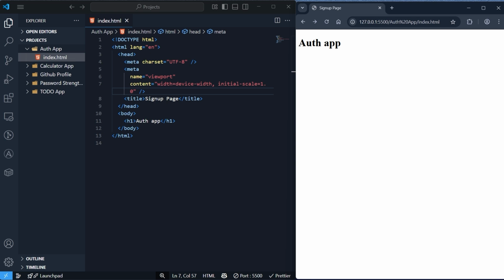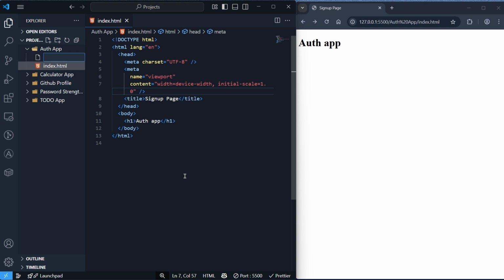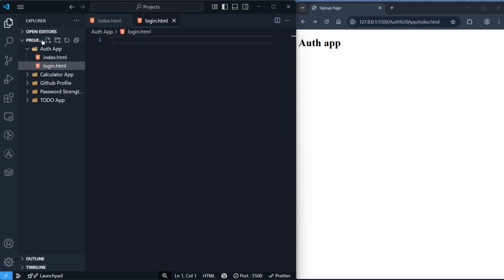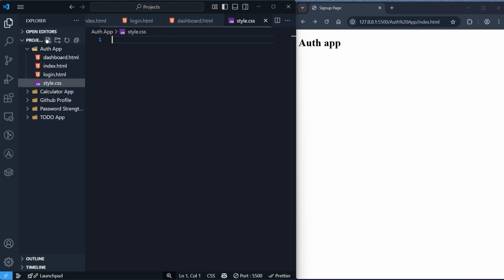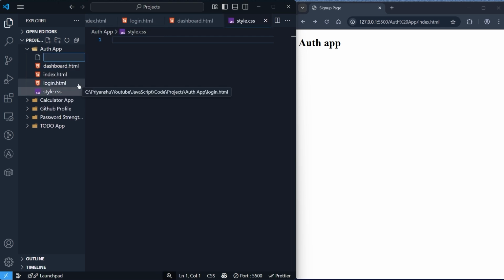Okay, so we will have a few files like index.html, that will be our sign up page as well. I have created it. Now let's make other files like login.html. Then let's make dashboard.html. We need style.css. We need